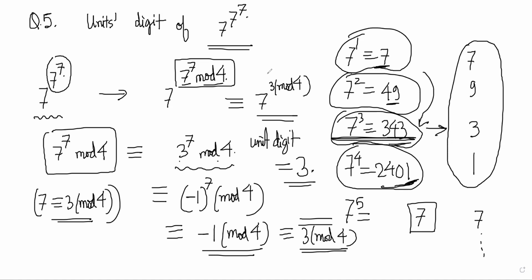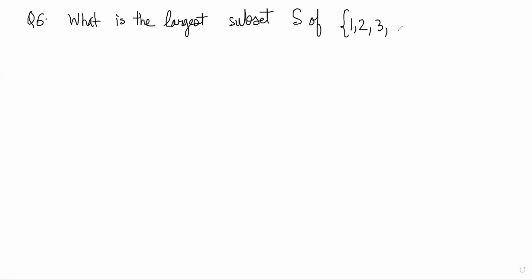Okay, now let's look at another problem. What is the largest subset S of the set 1, 2, 3 till 50? What is the size of the largest subset? That is the question. What is the size of the largest subset of S, which is 1, 2, 3 till 50, such that